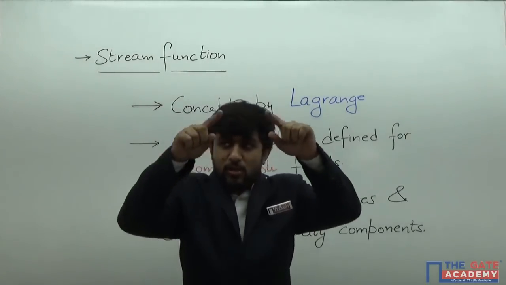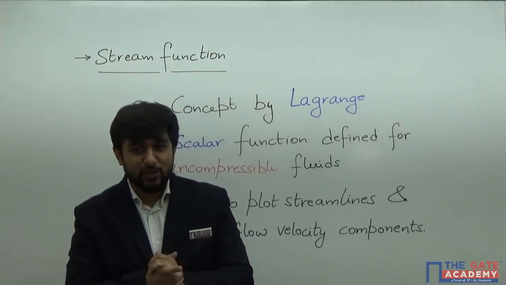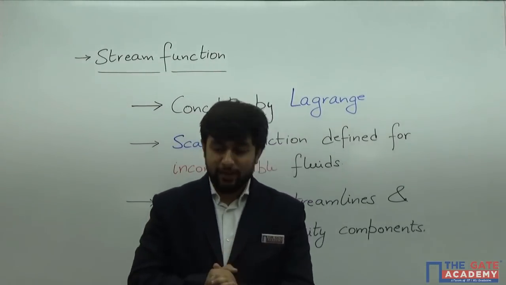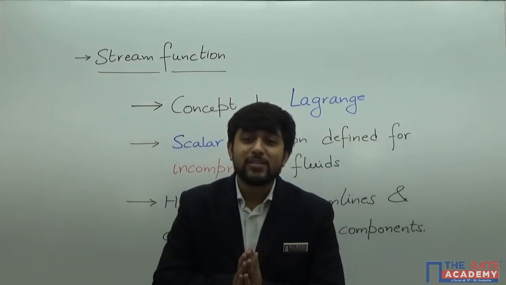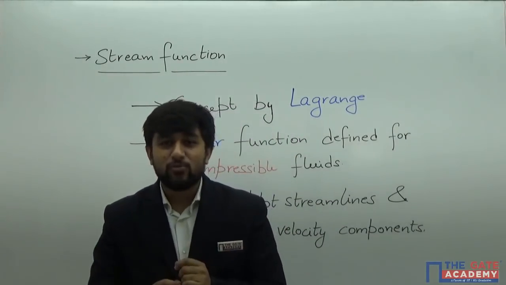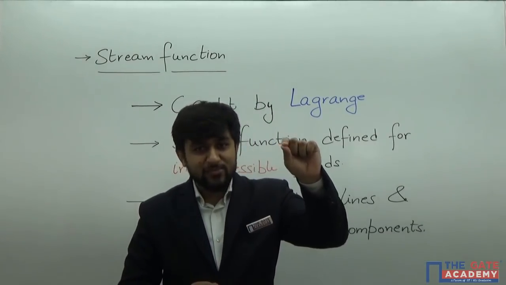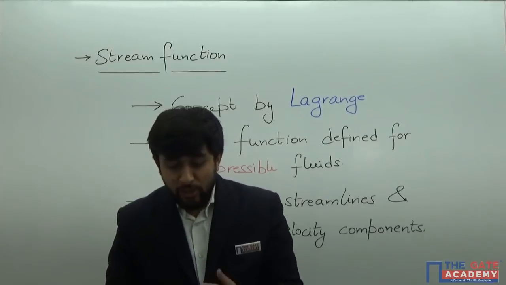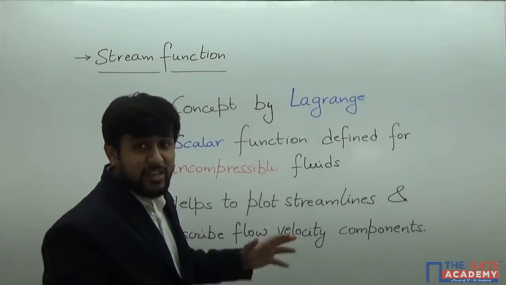So suppose there is a space like this, and I am describing this space by a Cartesian coordinate system x, y and z. Now in this space some fluid is moving, so I want to analyze this flowing fluid. So the first step will be to find out the velocity as a function of this particular location x, y, z and time. So in this regard there is a scalar function known as the stream function which can help us,